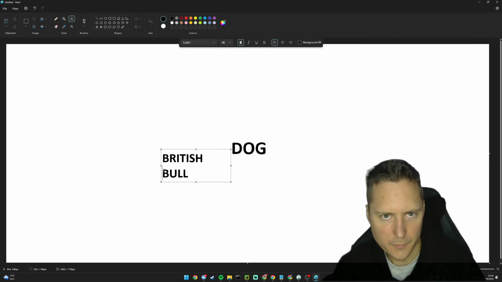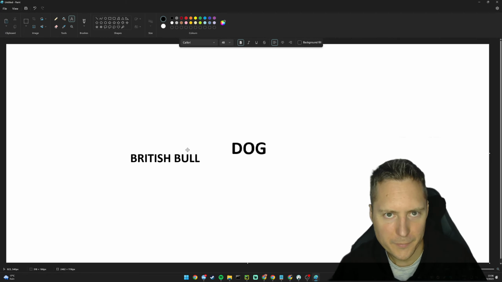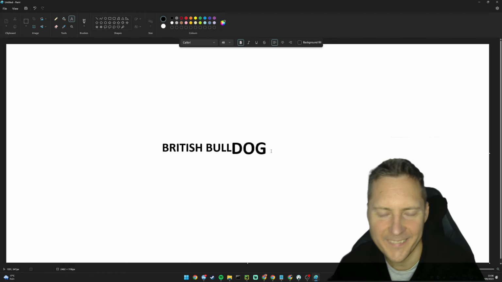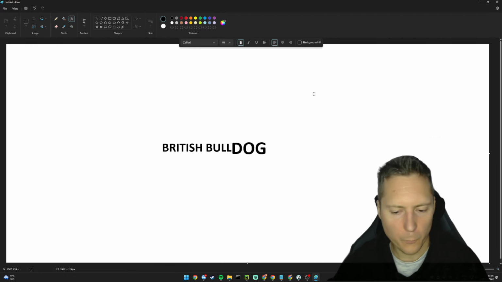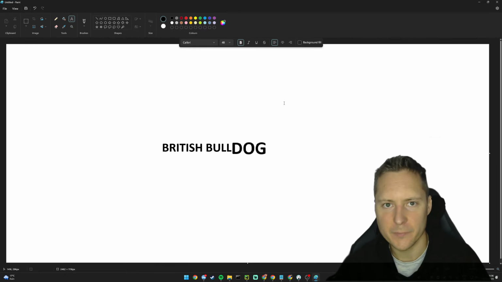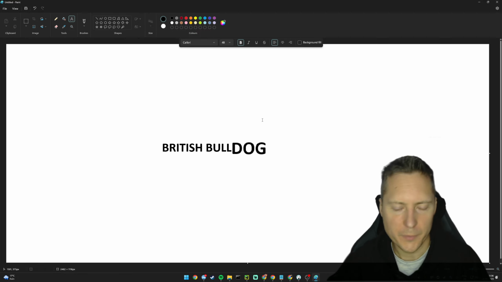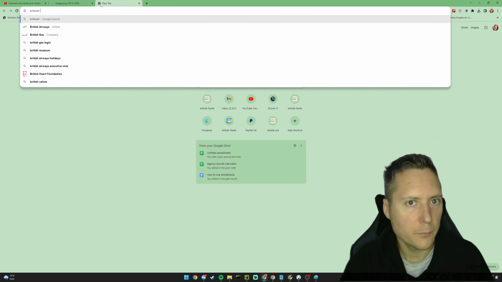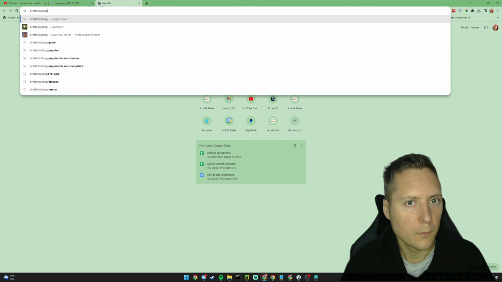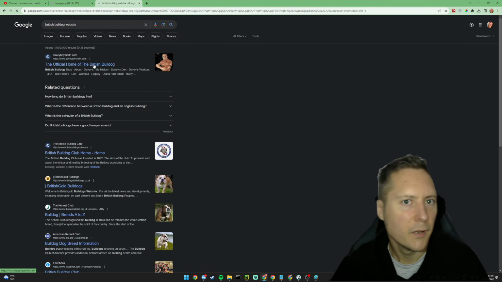Let me just make this fit in perfectly. Imagine these are the exact same size text. It's fine. And what aspects are there when it comes to the Bulldog? Like what different categories of entities relate to it? One thing you can do is you can cheat, and you can just go to Google and say British Bulldog, a website, and then